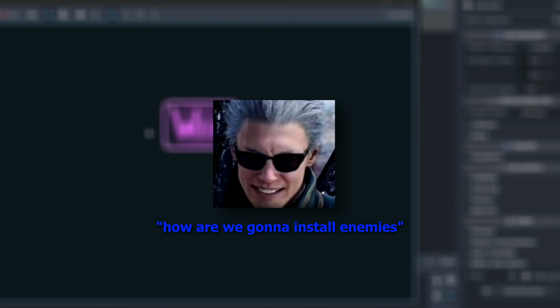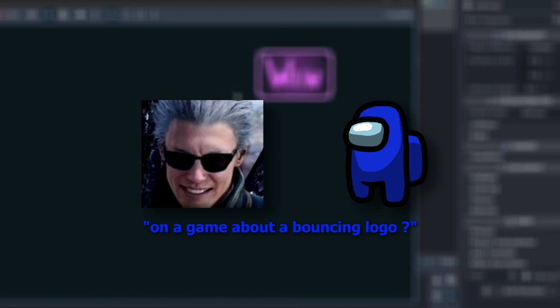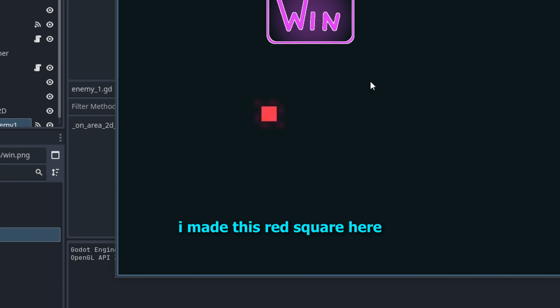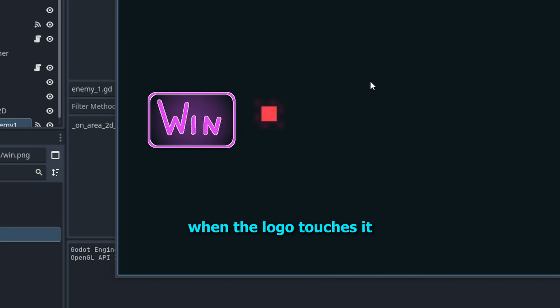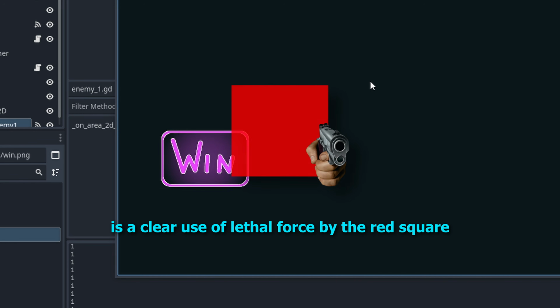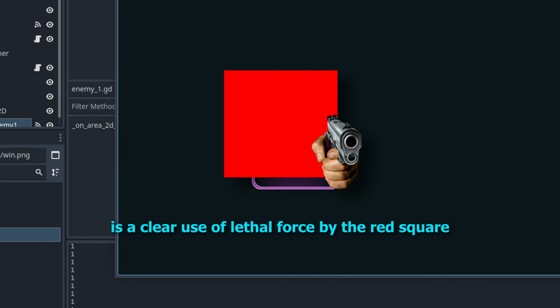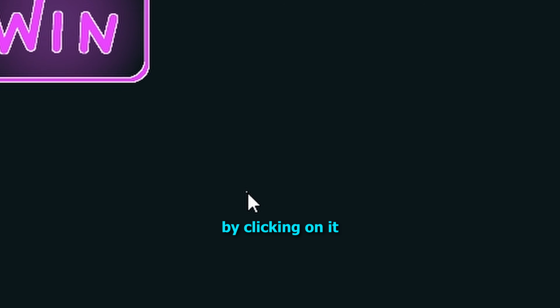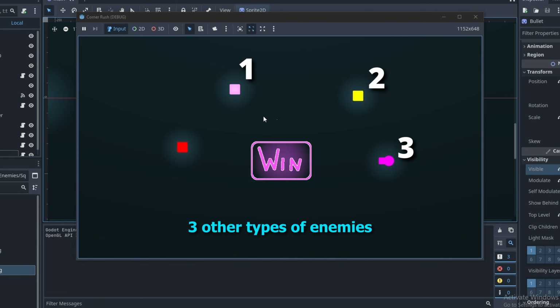You might be asking, how are we gonna install enemies on a game about a bouncing logo? I don't know, do I look like a game designer? I made this red square here. When the logo touches it, it freezes. And this is a clear use of lethal force by the red square. So I gave you permission to eradicate this little bastard by clicking on it. Nice. I also added 3 other types of enemies, but before I show them to you, how about you click